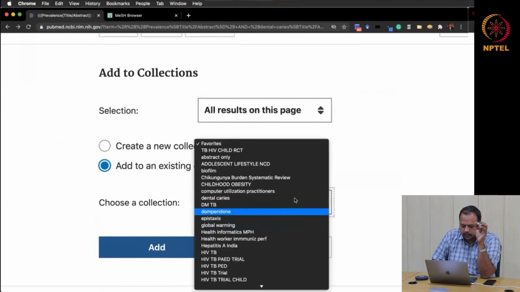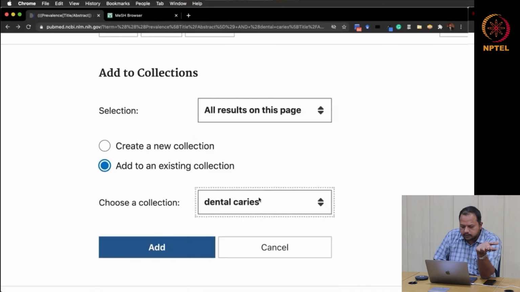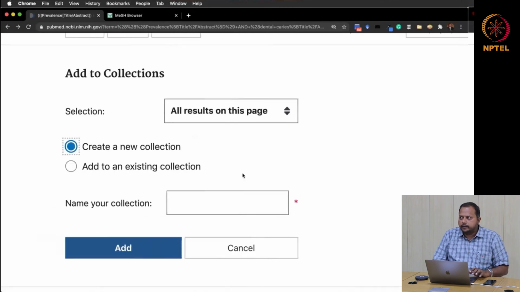You can see that there is adolescent lifestyle and CD. I have a collection on biofilm. I have a collection on dental caries. Already I have a collection of dental caries. So if I click this dental caries, I add to an existing collection and I can click add, it will get added automatically. But if you want to create a new collection, you can click create new collection, where you